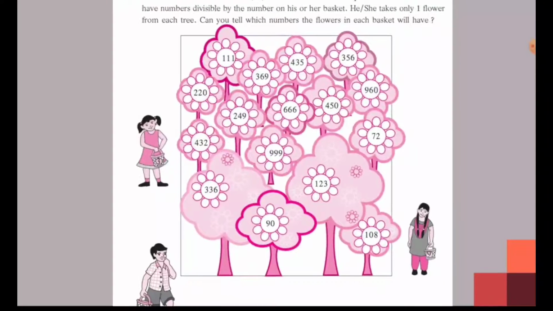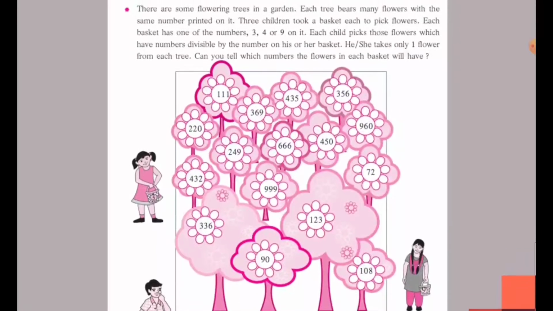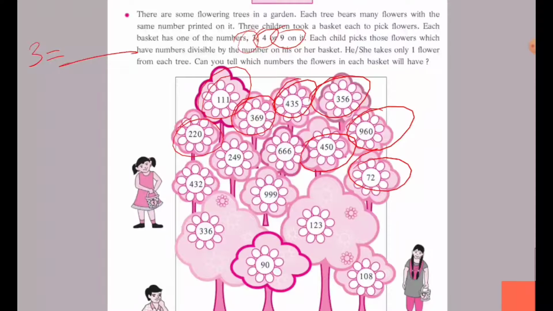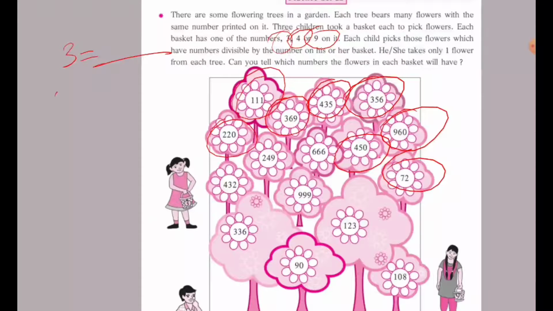Here there are given some trees and in those trees there are written some numbers. Okay, you have to check which numbers are getting divisible by 3, 4 and 9, and then you have to write them. That's it. Okay, how you have to write? You have to write 3 and you have to write all the numbers which are getting divisible by 3. जो भी नंबर इनमें से divisible by 3 है वो आपको लिखना है. Divisibility test has been taught to you all. Okay, ऐसे आपको लिखना है. फिर आपको 4 डालना है, 9 डालना है, and that's it. You have to just recognize the number and write it in.